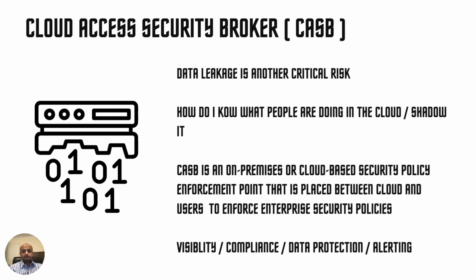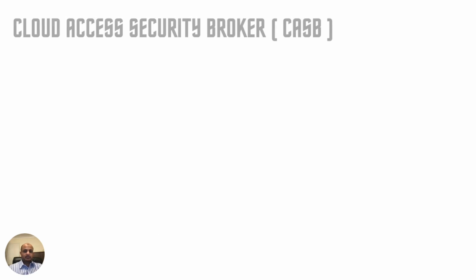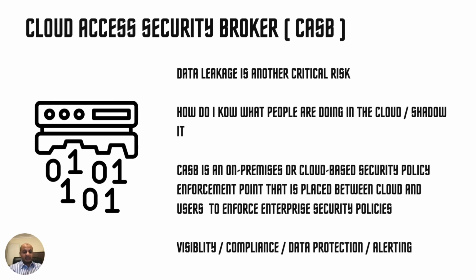It's very, very important. If you have sensitive data like cardholder data, and you are adopting cloud and want to mitigate that risk, it will give you visibility. So for example, if I try to download cardholder data to my personal laptop from home, the CASB will kick in and stop it. Or if I try to upload malicious data, like a virus, to your Office 365, the CASB will detect it and stop it. And it'll give you an alert. It'll tell you where the events are happening. It's a very, very powerful tool, provided you implement it properly. So the CSPM and the CASB, I think, are essential components of any proper cloud strategy.